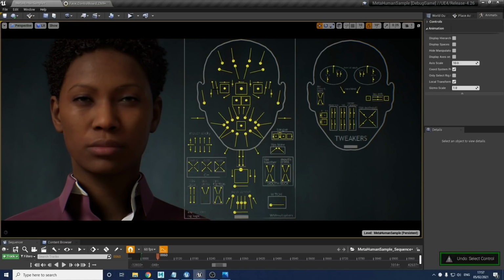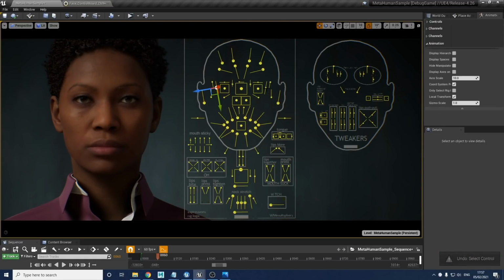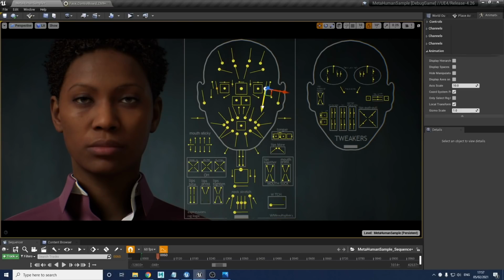And the ones here, just next to the eyes, is the blink. So if we move them down, it's going to blink. If you move them up, it's going to widen the eyes. So you get your nice blinks there. Again, they're not just isolated to the eyelids. It has motion around the eyes, brows, and the cheek areas.